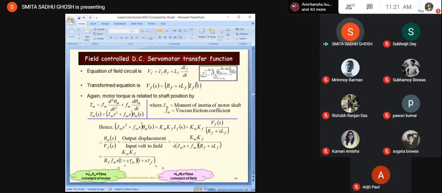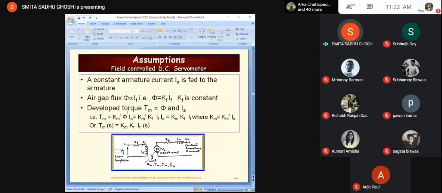Now after that, what we do is we take the motor torque, that is the torque that is developed at the shaft, and write down the mechanical equation, right? So previously, if you recollect, we had actually got an expression for the motor torque in terms of the excitation, that is the field current If. Now what we are saying is that if we have the torque developed as Tm, we will also be able to write down an equation for the mechanical side of it.